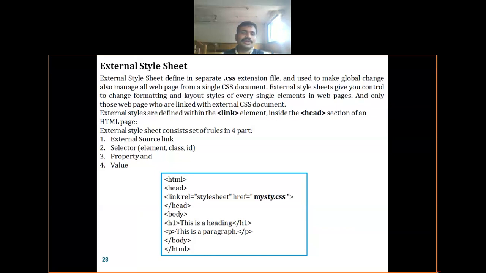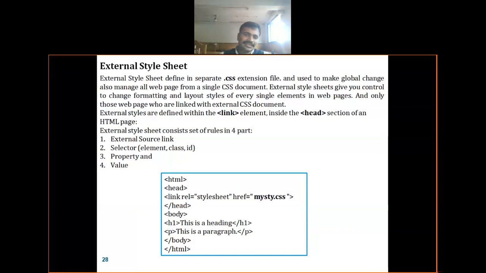External style gives control over the changes, formatting and layout style of every single element in a web page, and only those web pages that link to the external CSS document. External CSS is defined within a link element inside the head section in HTML.